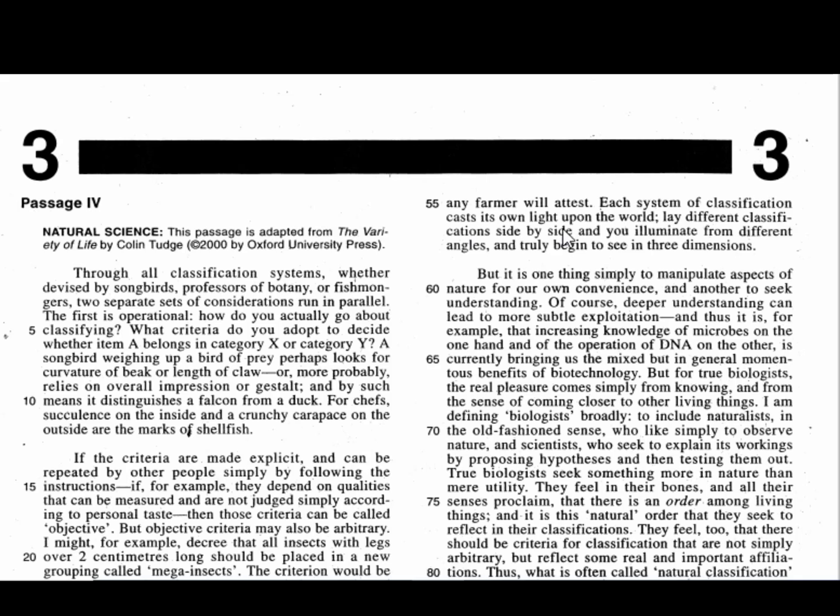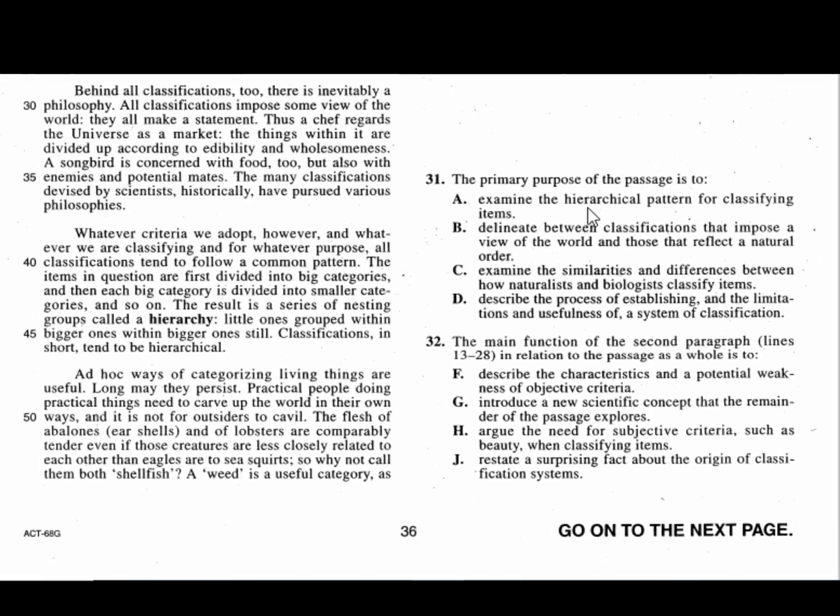And you'll notice that 57 is down in the bottom here. So I'm going to have a quick look at my topic sentence down here on column number 1. All right. Ad hoc ways of categorizing living things are useful. That's positive. I'm going to glance in there for pirate flags real quick, but yet, however, although, there's nothing that flips, so I know the topic sentence is going to be positive, and I didn't see anything up in line 57, a pirate flag in that area as well, so I know that line in question is going